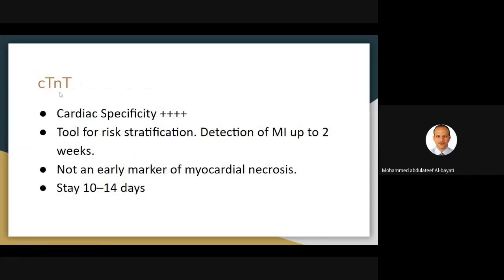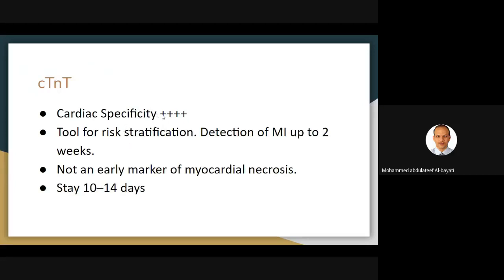We come now to another marker, which is cardiac troponin T, the most specific marker of all. Another similar protein, as a fraction, is called cardiac troponin I, which is the inhibitory one, and there is also cardiac troponin C. But C is not used for the evaluation of the heart. Only troponin T and I are used for this purpose.